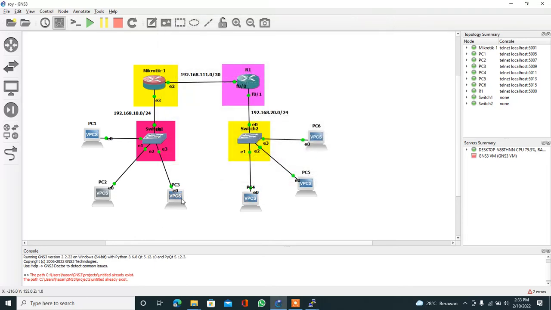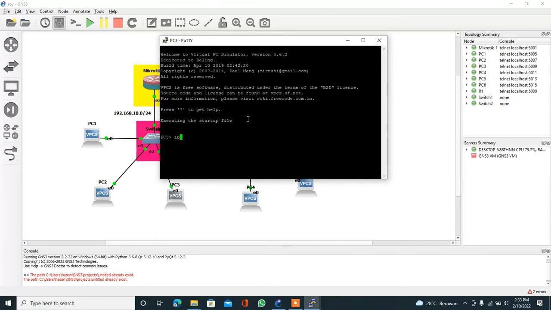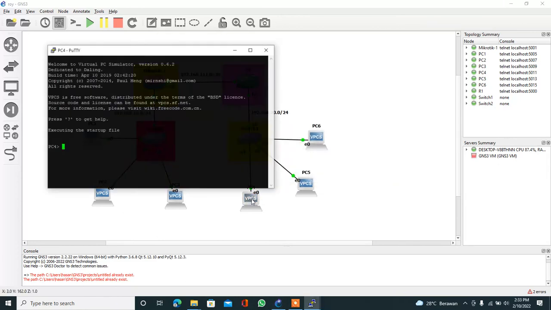Okay, next, PC3, ip dhcp, enter. Waiting for a minute to get an IP. Okay, PC3 gets IP 192.168.10.252/24.